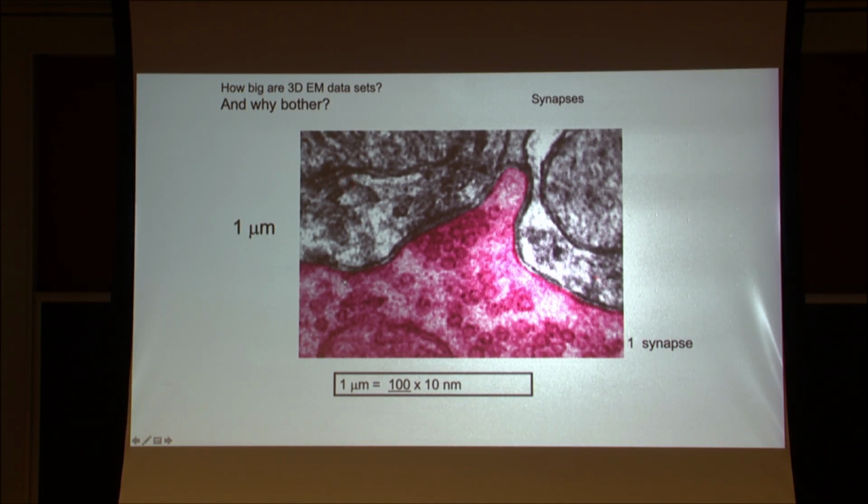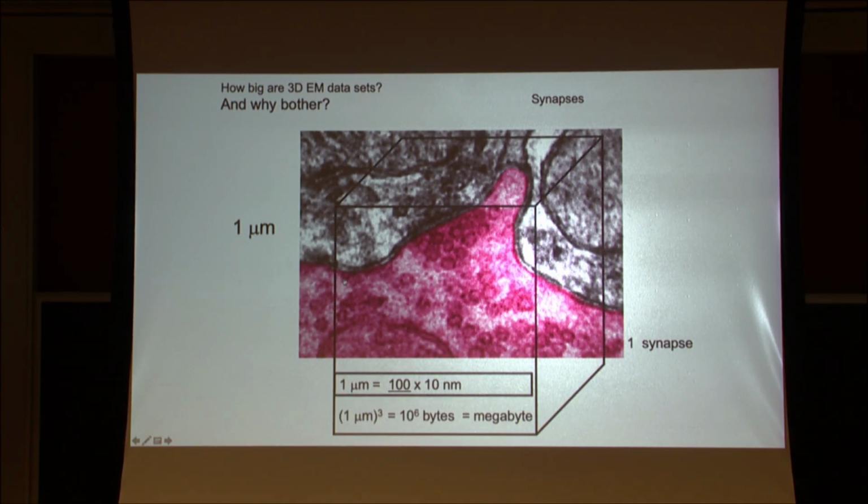A cubic micron in the brain has 1 synapse on average, okay? And the resolution one needs to study these things is order 10 nanometers. So this is going to be 7 slides in a row, powers of 10. If we're doing 10 nanometers into a micron, that's 100 by 100 by 100, a million data points. Okay, so even to study a synapse in the old days, that would be a lot of data, a megabyte of data, and you'd study 1 synapse. But that's not connectomics, that's just a little bit of solder in your wiring diagram.